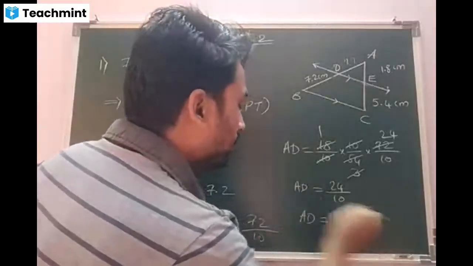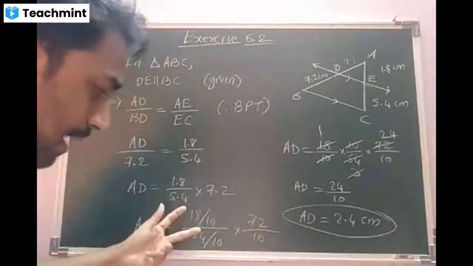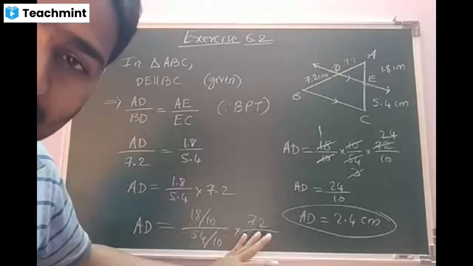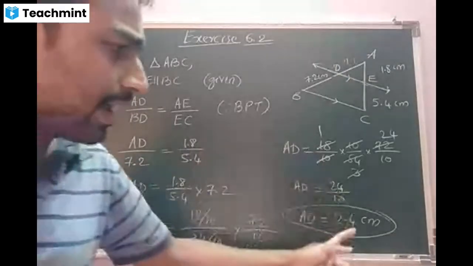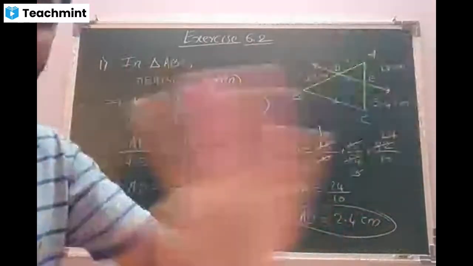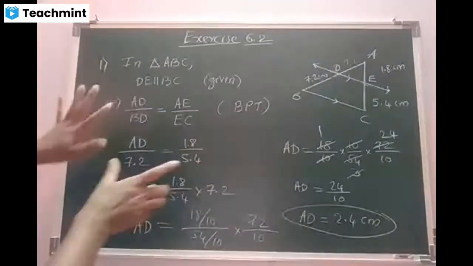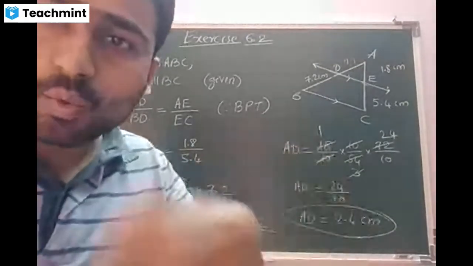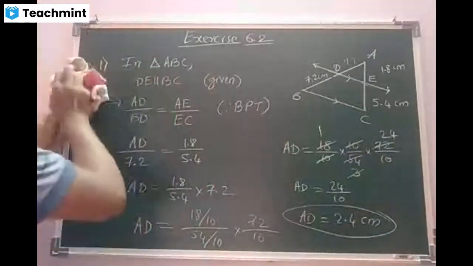2.4 centimeter. Students, here one important thing to be noted. This is my habit: I convert the decimal into a fraction and I proceed further. If you are comfortable with the decimal, you can do it directly, 2.4. There is nothing harm in that. Clear, beta? Yes, sir. Okay. Any confusion? No, sir. Fine, beta. Let us move to the second main. Anusha, read, beta. Yes, sir.